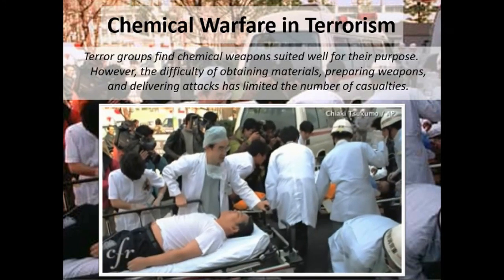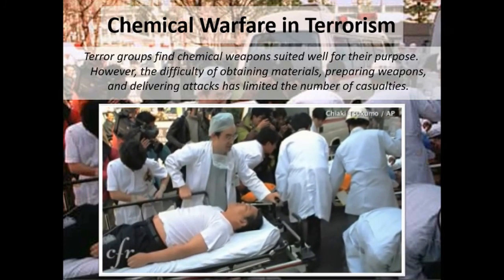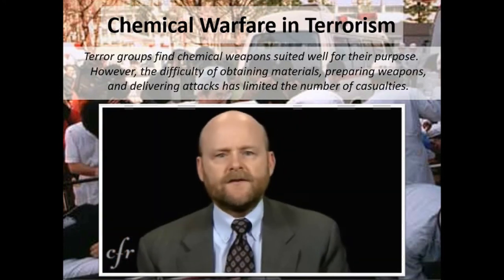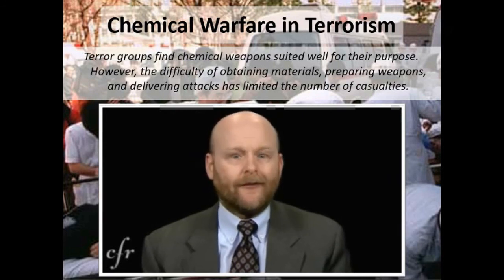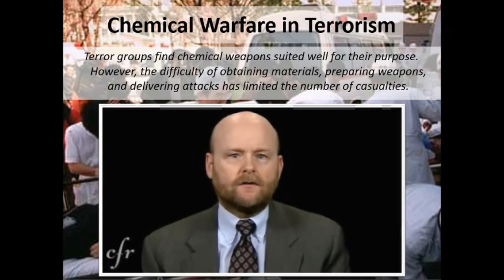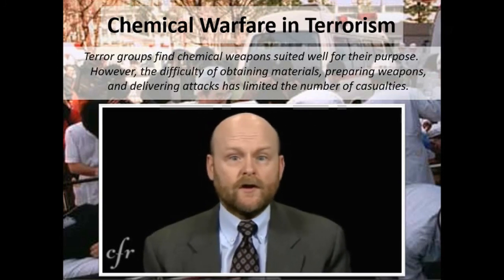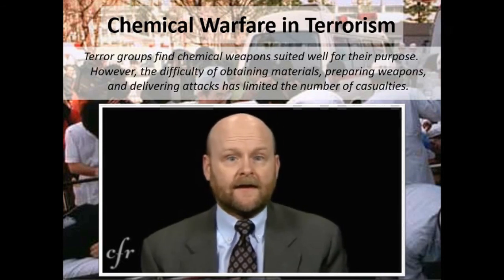12 people died that day. 4,000 to 6,000 more were injured. The death toll would have been many times higher had Aum Shinrikyo succeeded in creating a more effective way to disperse the deadly sarin gas. Japanese officials discovered after the attack that Aum Shinrikyo had been experimenting for years with chemical and biological weapons. Indeed, the cult had carried out at least 9 biological attacks. They had all failed because the cult hadn't found an effective way to spread the biological agents. And Aum Shinrikyo had used sarin gas at least once before, in a previously unexplained incident that killed 7 people